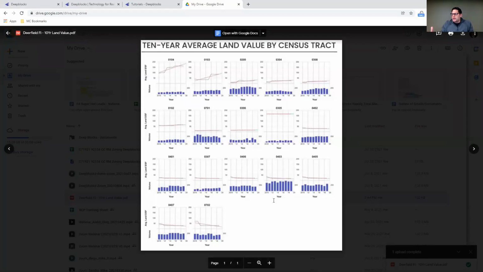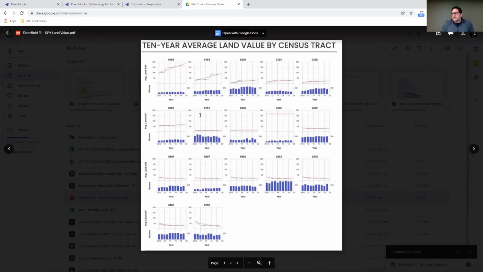And then you can start to see somewhere there's maybe a slight decline, like 403 and 405, and even 702. So what we're doing here is bringing this information and creating these graphs and models so you can quickly identify where the pockets of interest are and where the trends are heading. You can choose a census tract based on your needs. Are you looking for a property where the value is strongly inclining? Are you looking for properties where it's staying relatively flat and on the inexpensive side? It depends on your business model, so you can start your search and find where the right census tract might make sense for your development project.